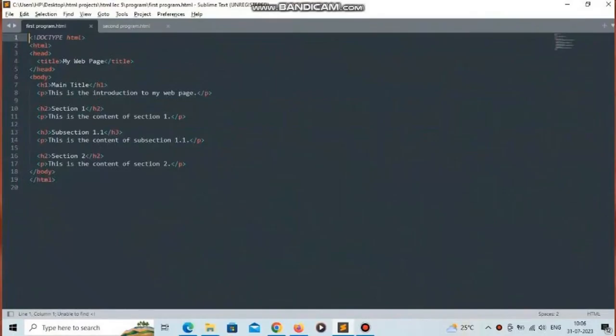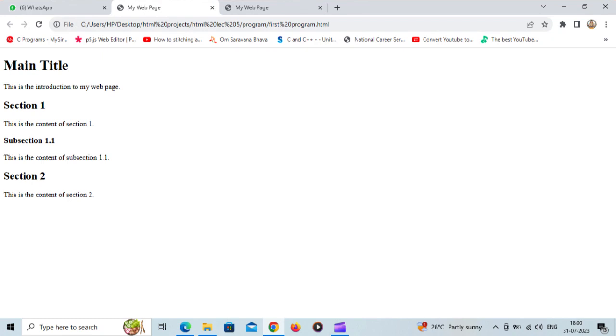<!DOCTYPE html> <html> <head> <title>My Web Page</title> </head> <body> <h1>Main Title</h1> <p>This is the introduction to my web page</p> <h2>Section 1</h2> <p>This is the content of section 1</p> <h3>Subsection 1.1</h3> <p>This is the content of subsection 1.1</p> <h2>Section 2</h2> <p>This is the content of section 2</p> </body>